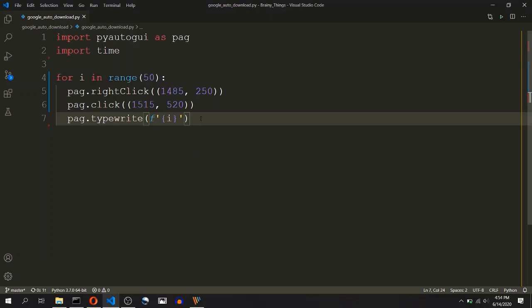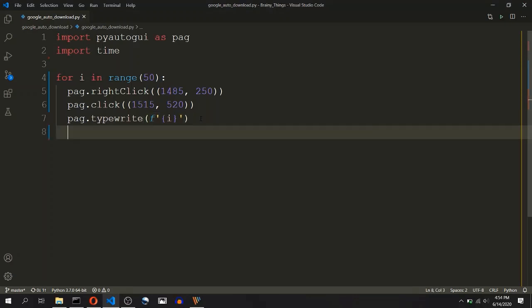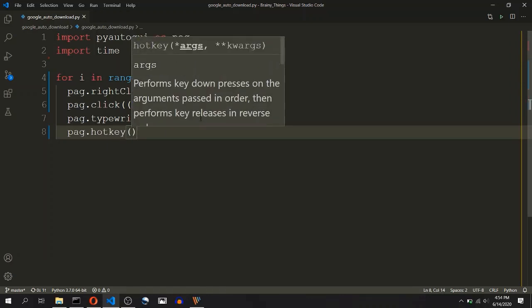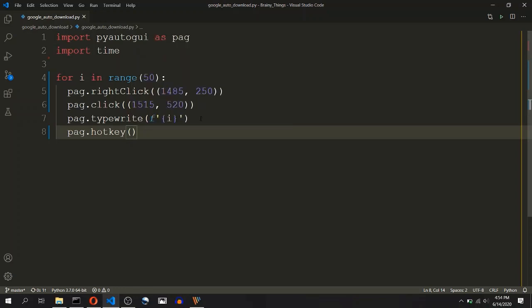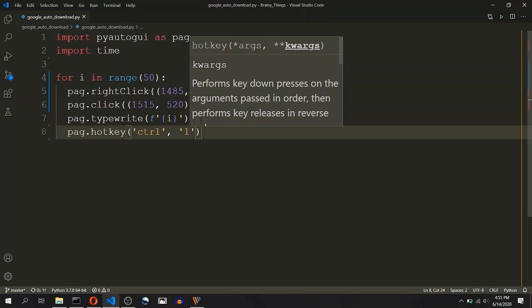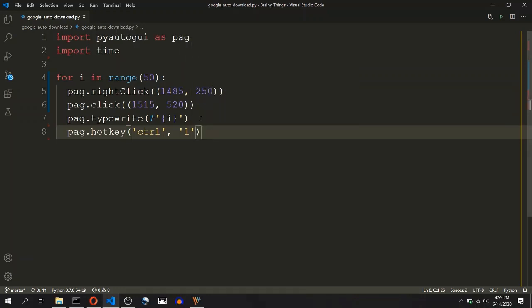To press Ctrl and L together for a keyboard shortcut, we will use the hotkey function of the PAG library. This time we need to pass comma separated parameters like this. The control button is represented as the string CTRL and L like this.